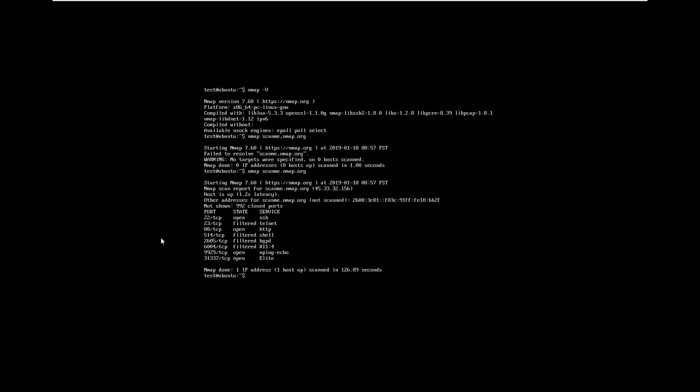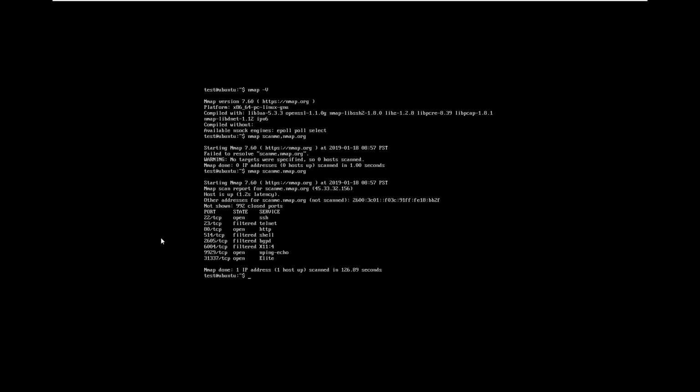And you notice the service that is related to them, right? So port 22 is related to SSH. Port 23 is filtered, it's related to Telnet. Port 80 is HTTP and it's open. And port 31337 is an elite port. And just so you can be aware of this, that's one of the ports you most likely want to close if it's ever open in your system, because that's the port most hackers tend to attack to try to get into your system. But before we go further into this, let's run a command that will actually give us the